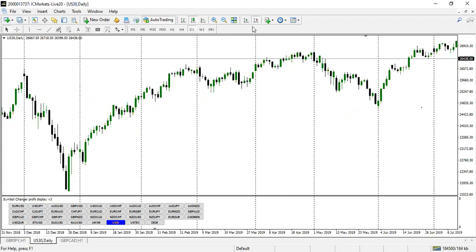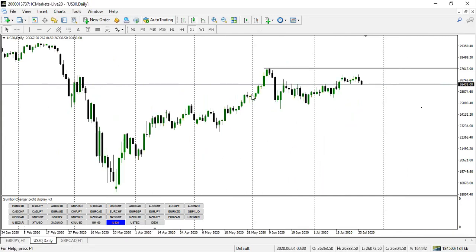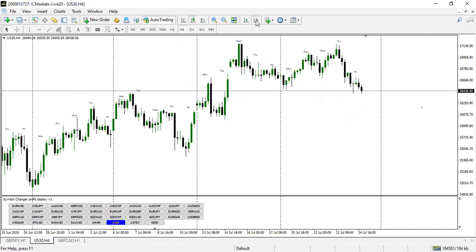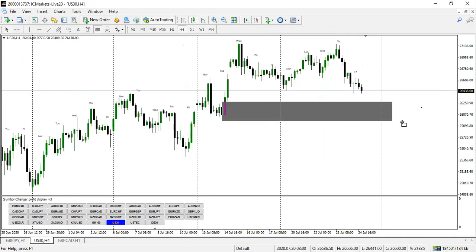So this implies that we might still look for a buying opportunity on the daily time frame. We can see a liquidity pool here. These are equal highs, and this is actually a high that should be raided. So I will go to the 4 hour time frame and see what good zone I can really buy from. So this implies to me that I can really buy this pair from here.